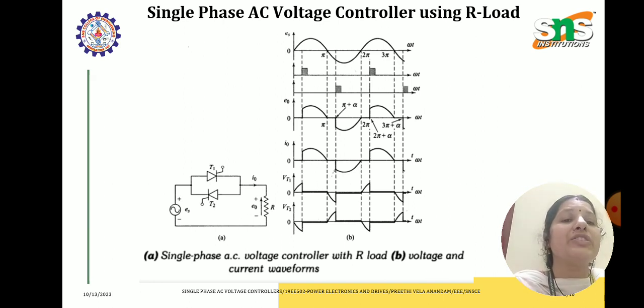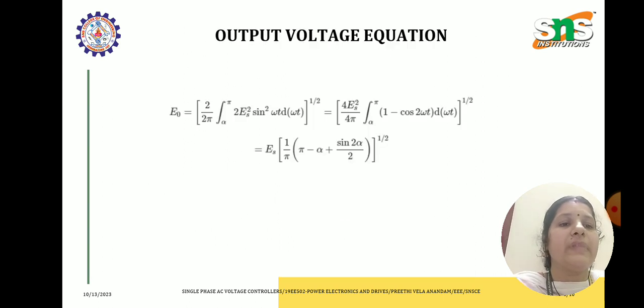The load and source currents have the same waveform, and the voltages across the thyristors T1 and T2 are shown very clearly here. Now the output voltage equation. If es equals root 2 Es sin omega t is the input voltage and the firing angles of thyristors T1 and T2 are equal,